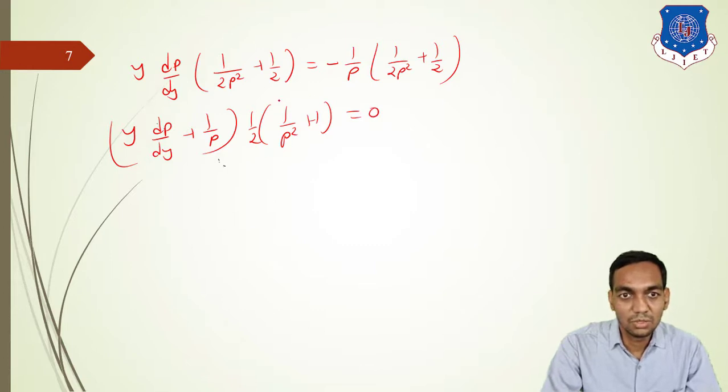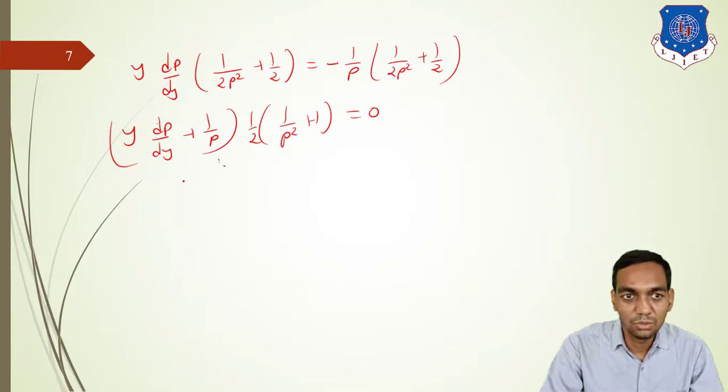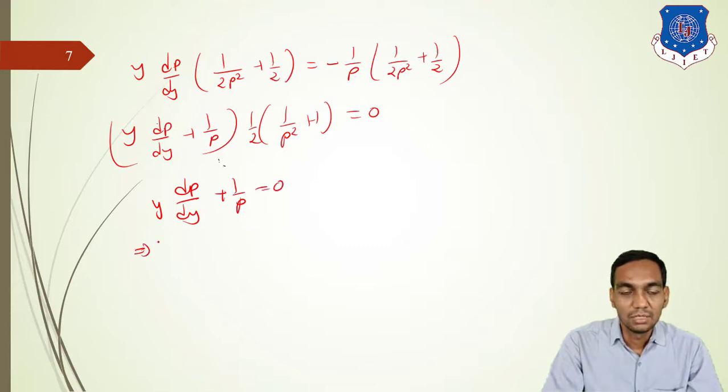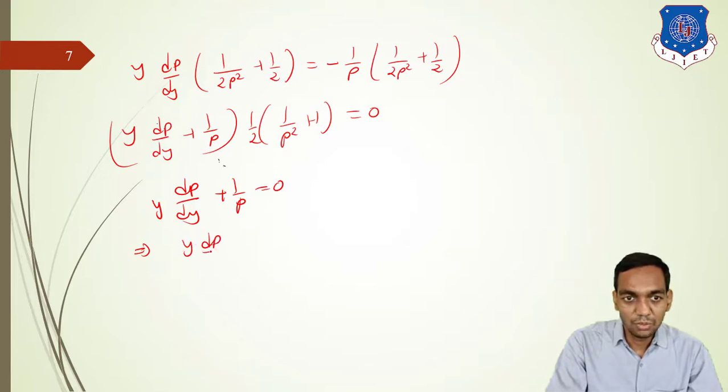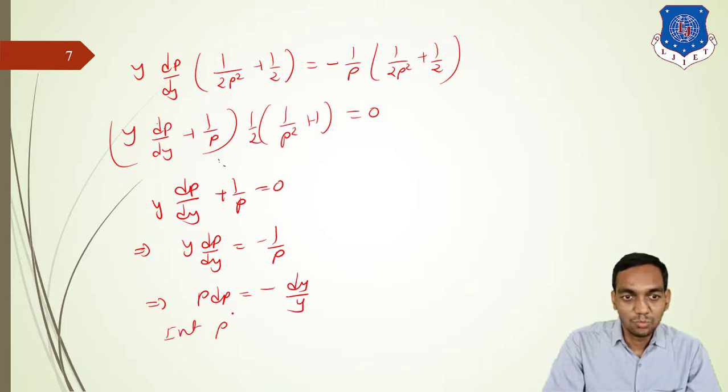So this term does not have any constant, does not have any dp by dy. So you have y dp by dy plus 1 upon p is equal to 0. So simplifying this one, that will give you y dp upon dy is equal to minus 1 upon p. So p dp is equal to minus dy upon y. And integrating both sides, that will give you p square by 2 is equal to minus log y plus